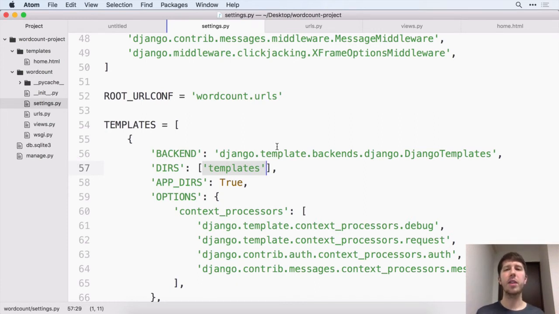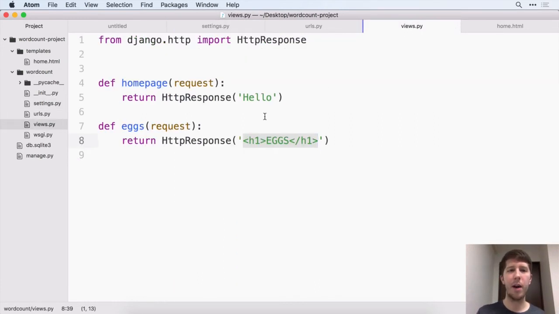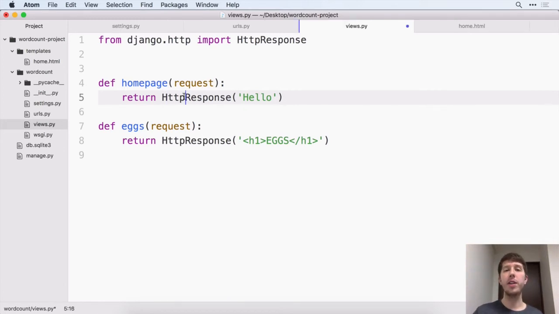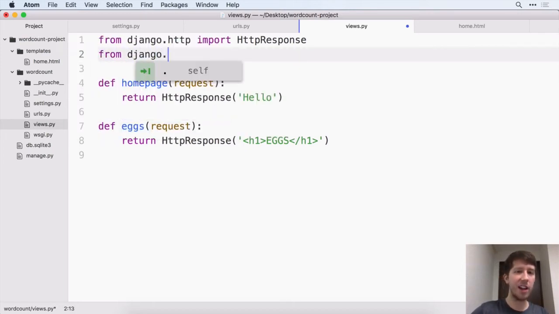And then the next thing that we need to do is inside of our views.py, we need to say, okay, if someone wants the home page, instead of returning this HTTP response, we should give them back the home.html. So in order to do that, we need to import some code into our project. So up here at the top on a new line, we'll say from lowercase django.shortcuts with an S